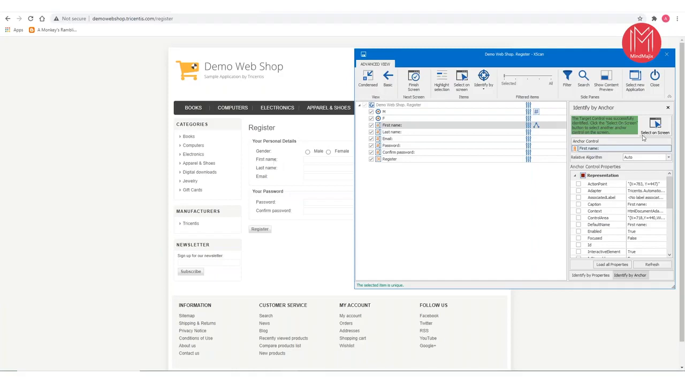So what Tosca is doing is, it is trying to identify the text box with the help of the anchor control, called the label. Now for each of the text boxes, there's a label you can see. For this text box, the label is first name. For this text box, the label is last name. For this, it is email. So for each of these controls, for first name, Tosca has detected that the best anchor control is